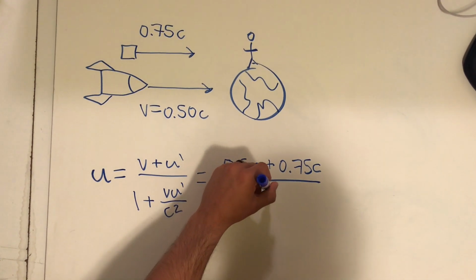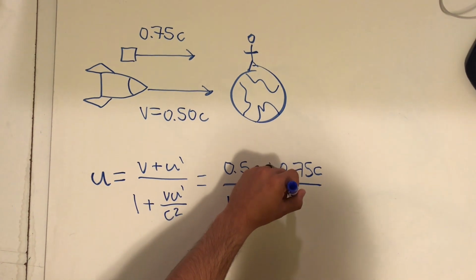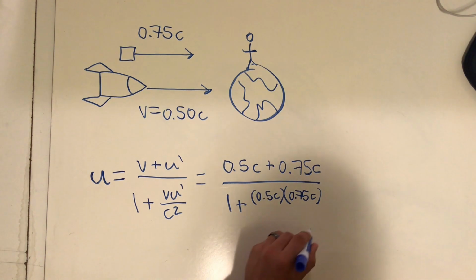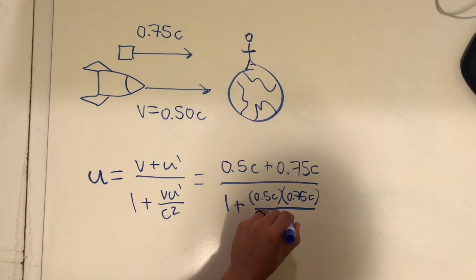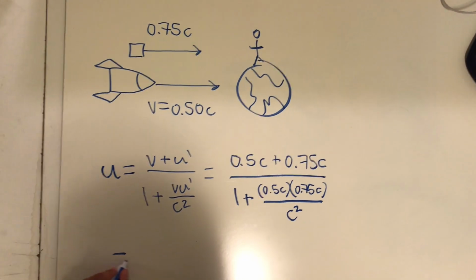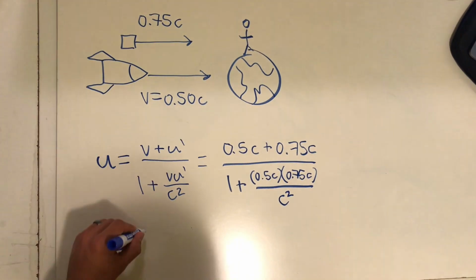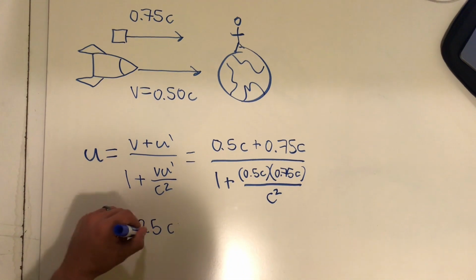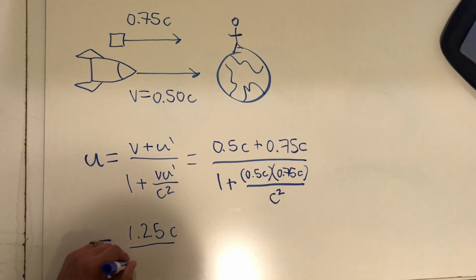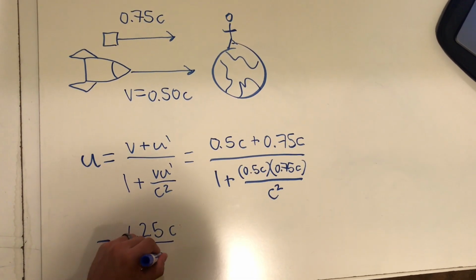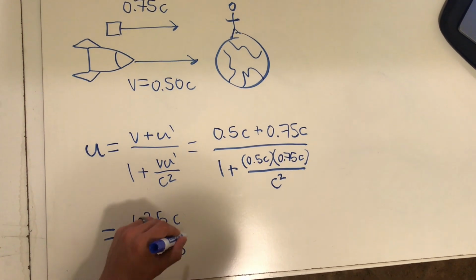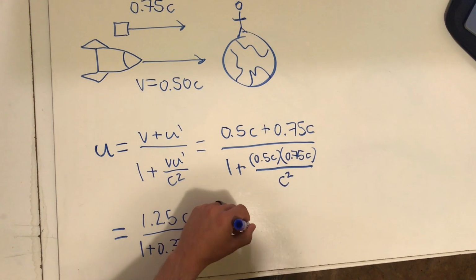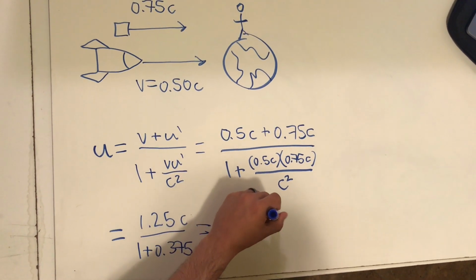If we plug those into the equation and simplify, then we'll get 1.25 c over 1.375, which is equal to